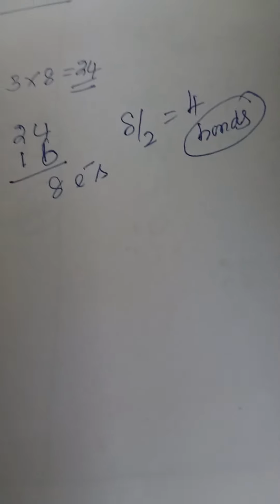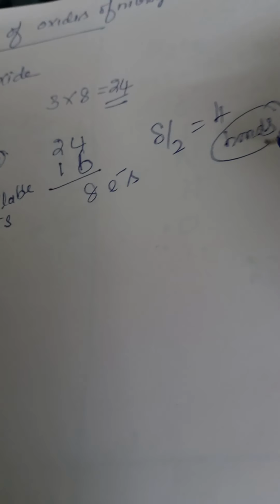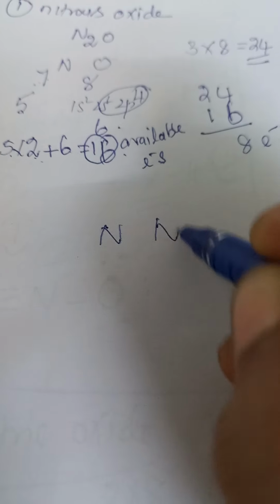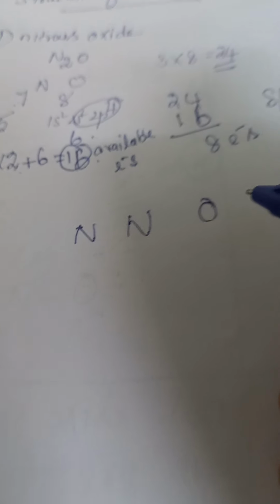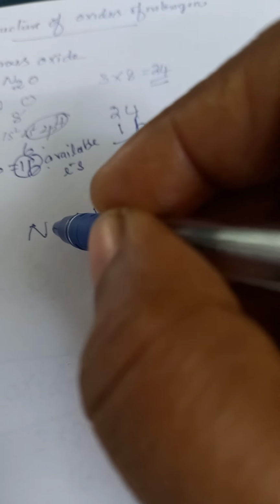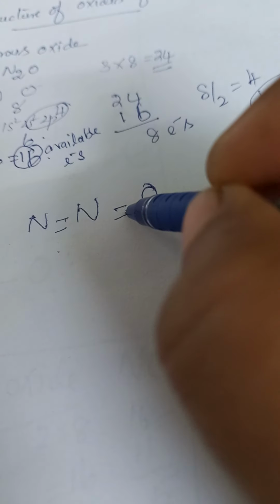The shortage electrons are written as bonds. So 2 nitrogen atoms, 1 oxygen atom, 4 bonds, 2 bonds writing like this, 2 bonds writing like this. So the 2 bonds have 4 electrons, here 4 electrons. So totally there are 16 available electrons. 8 electrons gone for the bonds, remaining 8. Remaining 8 electrons we are having.